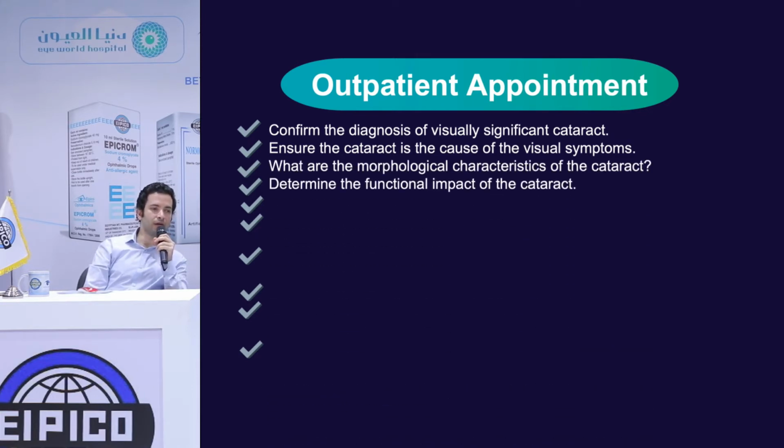So you cannot compare a farmer, for example, to a computer engineer who has the same grade of cataract. Sometimes those who have low visual requirements will not complain in the early stage, unlike those who have high visual requirements. Also, you should check whether there is any coexisting ocular pathology that will be more visually